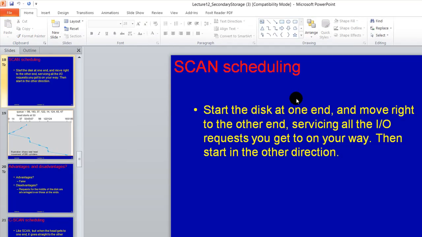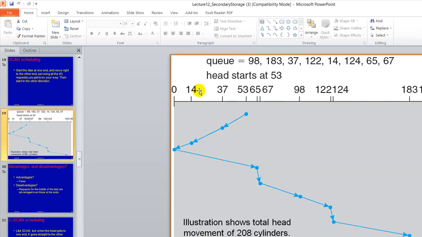The next disk scheduling algorithm is the SCAN disk scheduling algorithm. According to this algorithm, the head will start from the head position and move in one direction until it reaches the last track or last cylinder, then it will come back in the opposite direction. When it is moving in one direction, whichever request is in that direction would be processed. For example,